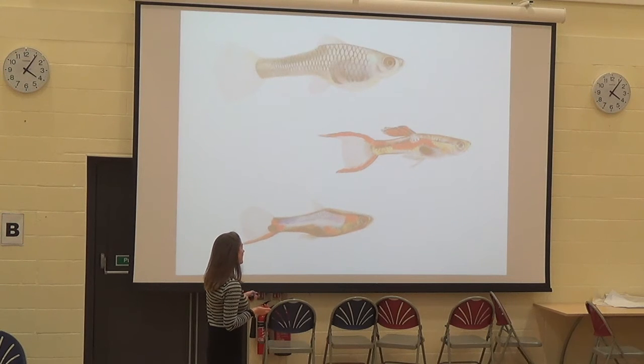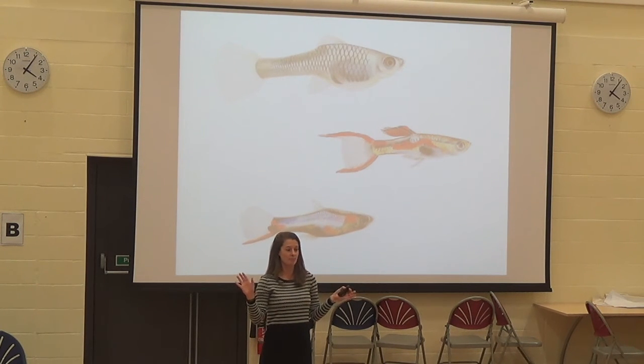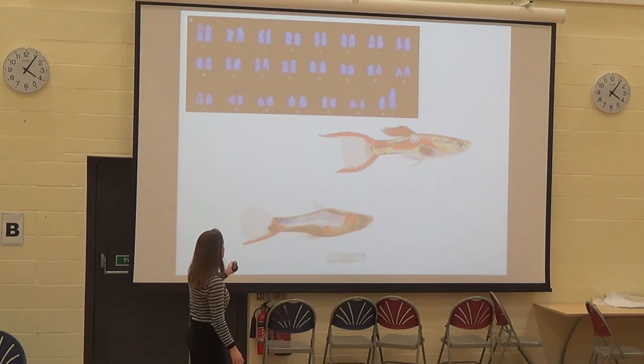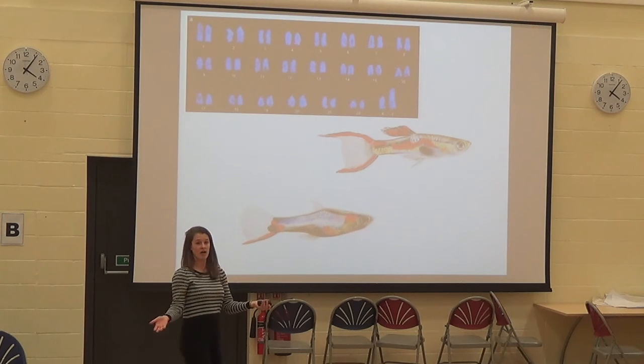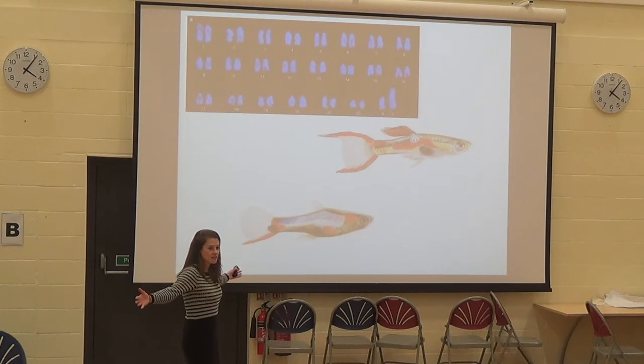So they also have XY chromosomes like humans, not the same XY pair, but it's the same mechanism. And so this is essentially all of the chromosomes in a guppy cell. And the first thing that you can see that looks really different from the cell that I showed you from humans before, so these are the sex chromosomes here, is that the Y chromosome is massive compared to the X chromosome. So it's really huge. It's almost twice the size.